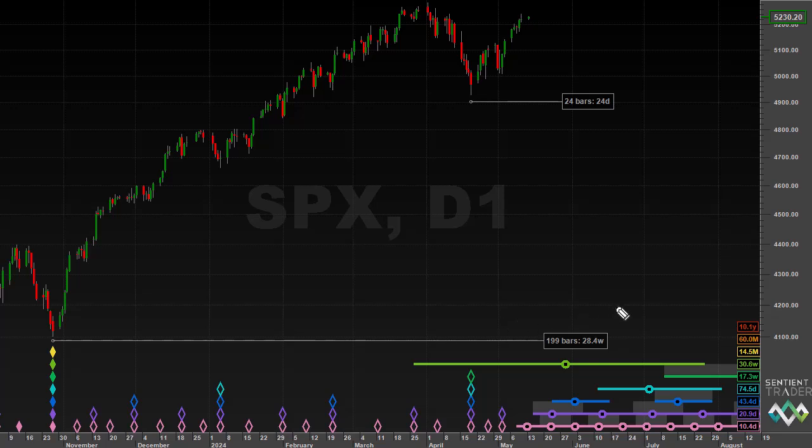Zooming back out again, you have probably noticed this floating circle and whiskers for the 40-week cycle trough. Why is that? I've discussed this in previous market updates, and I don't want to repeat myself too often, but the reason why this circle and whiskers is so displaced is because of the fact that we have phased this trough over here in October last year as an 18-month cycle trough.